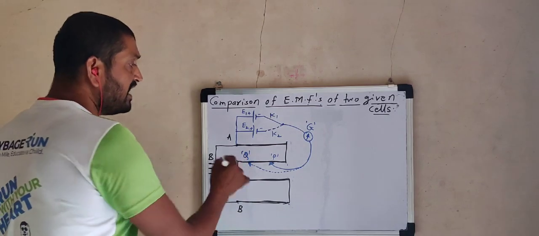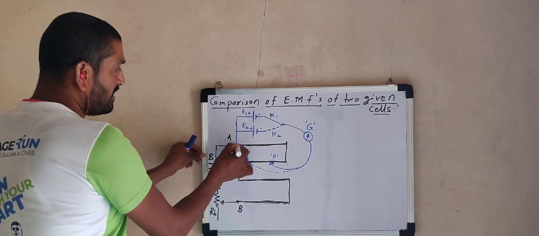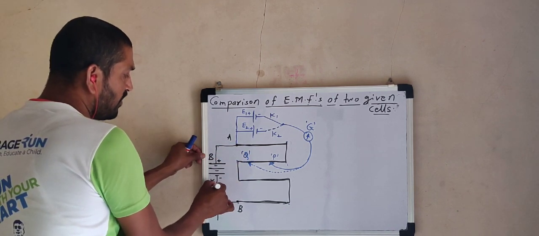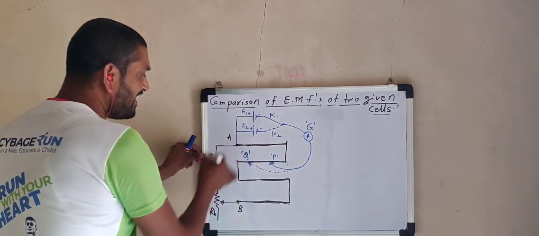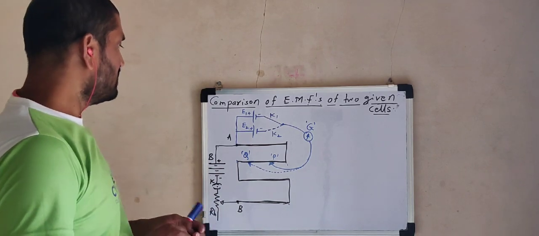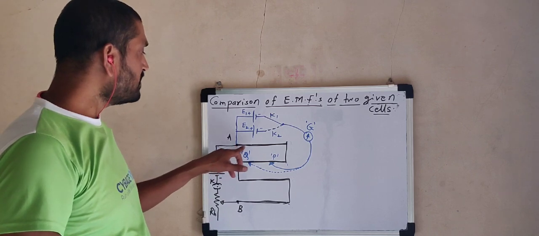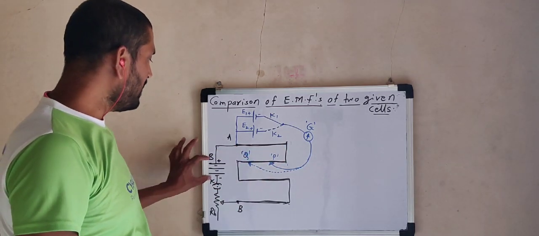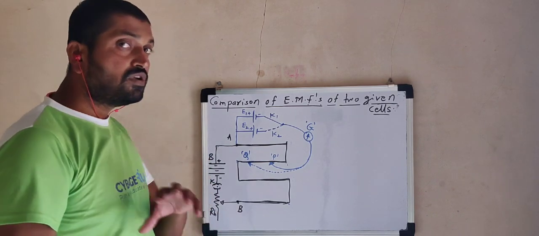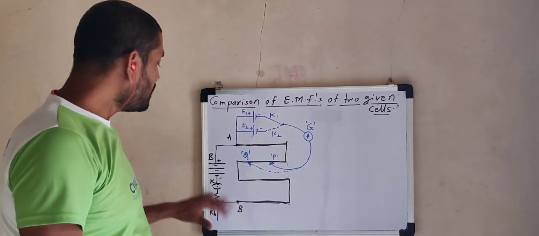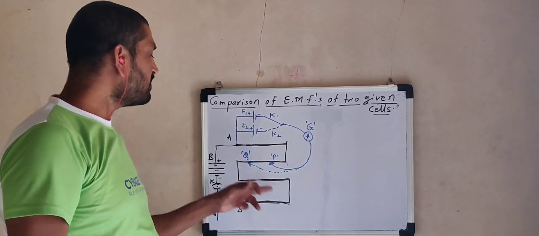Now in order to pass electric current through this potentiometer wire, a battery having sufficiently high EMF is used. See here, the positive terminal is connected to point A, and the negative terminal, via a key and rheostat, is connected to the other terminal of this wire. So this is the entire construction, very simple. This black color diagram is nothing but the construction of the potentiometer. It consists of a thin uniform copper wire AB and one main battery called the driving battery. This is a key and this is a rheostat. The key is used to start or stop electrical current, and the rheostat is used to control the current drawn from this battery.